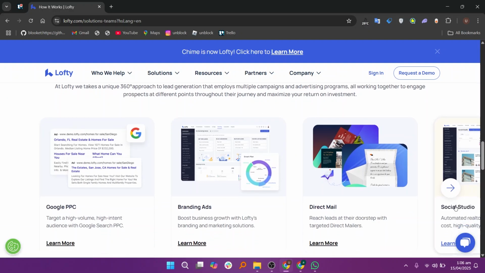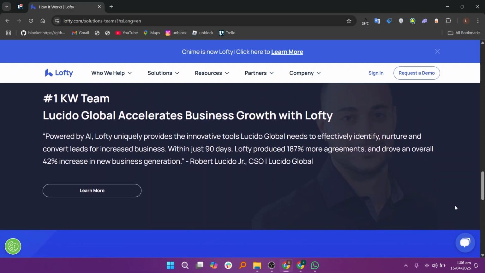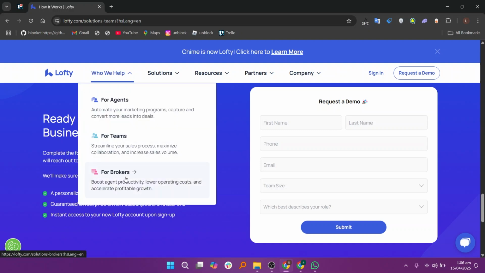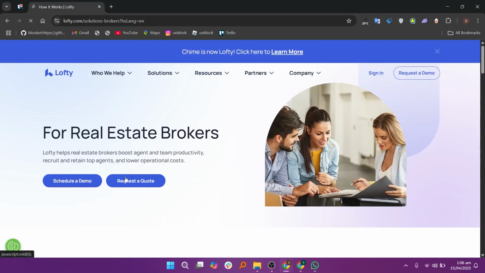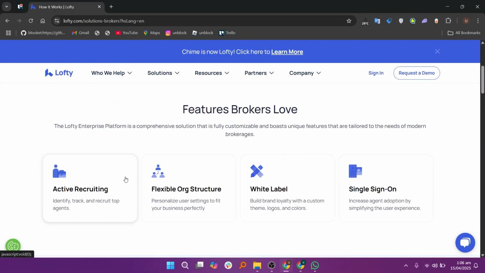Lofty includes a custom website builder that isn't just for listings. It's fully customizable with drag-and-drop tools, allowing agents to showcase testimonials, create landing pages for special promotions, or run lead capture forms. You can also use SEO tools to optimize pages for search engines, helping you rank higher for local